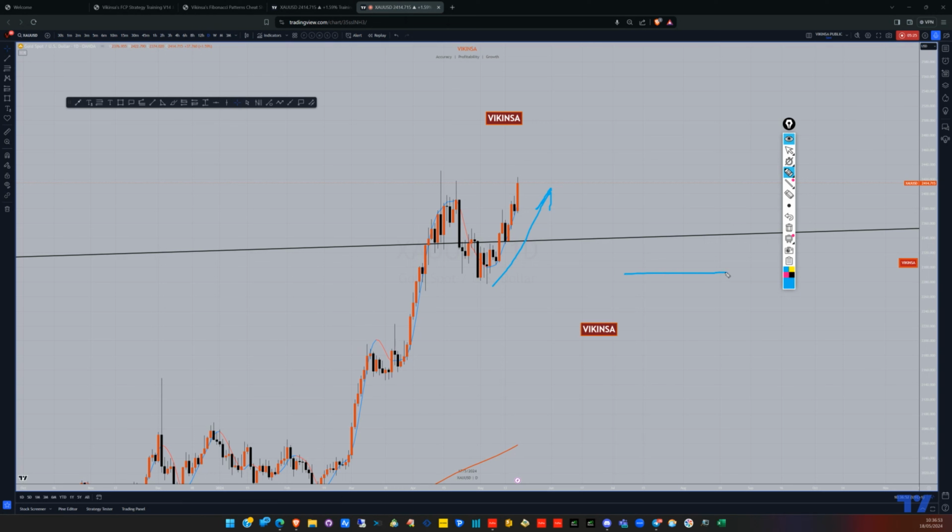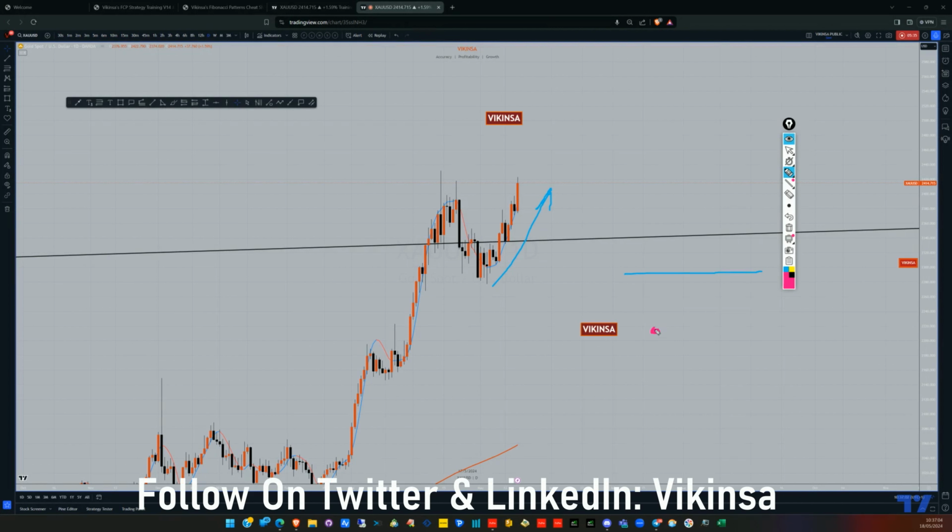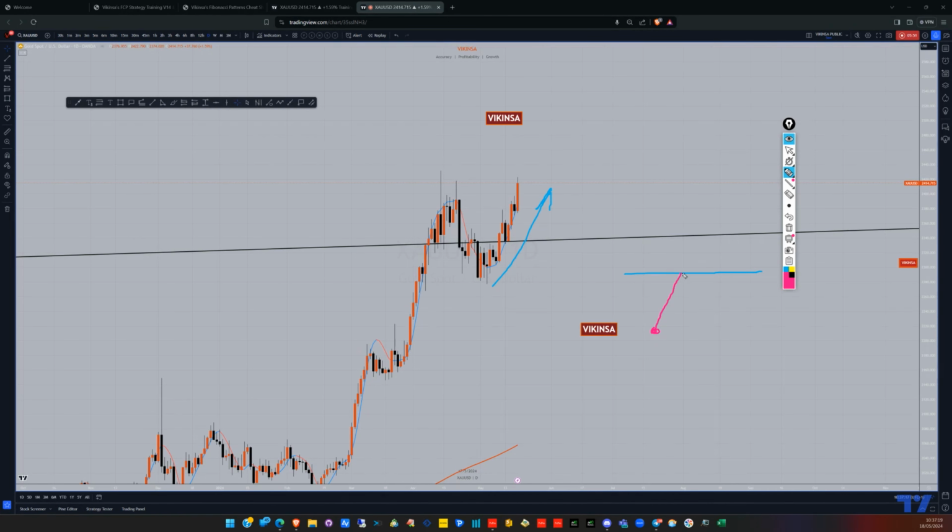And if you know the theory behind support and resistance, it's very, very simple. If I give you a level here, I say this is an important level, and the market is coming from the bottom, and you're long, that means you should maybe take the profit off, or take partial profit off, or close the position, because this is going to be resistance, because the market is coming from the bottom. And once the market reaches a resistance, it is bound to fall. So you can look for a short from this level. However, if the market violates this and performs a retest and then goes back up, then you can look for a long from the same level.